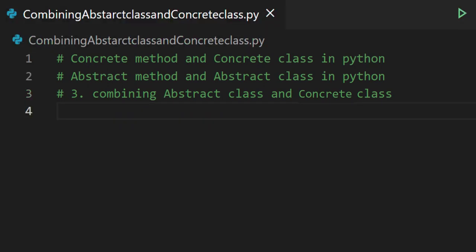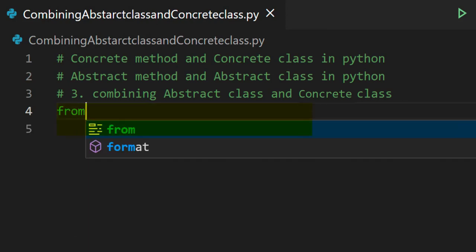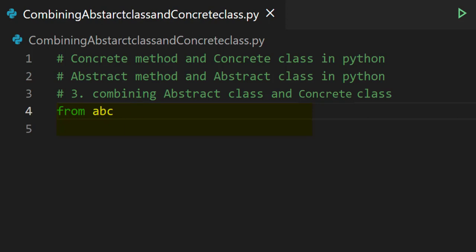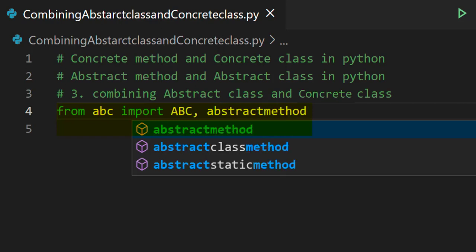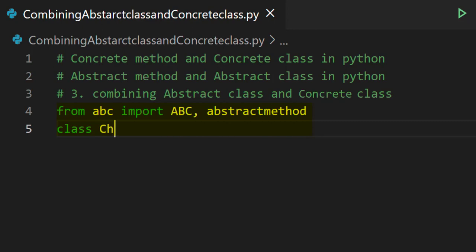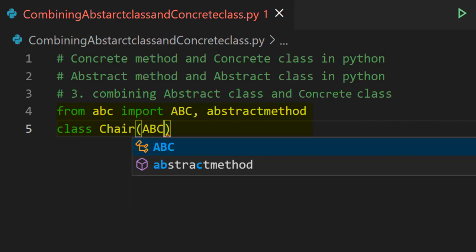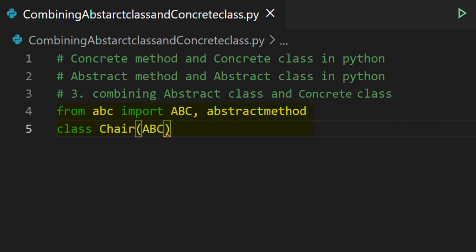First we'll create an abstract class by importing a module, that is from abc import ABC, abstractmethod, and we'll create a class chair which is inherited from the abstract base class, that is ABC. We need to write ABC in the chair class.